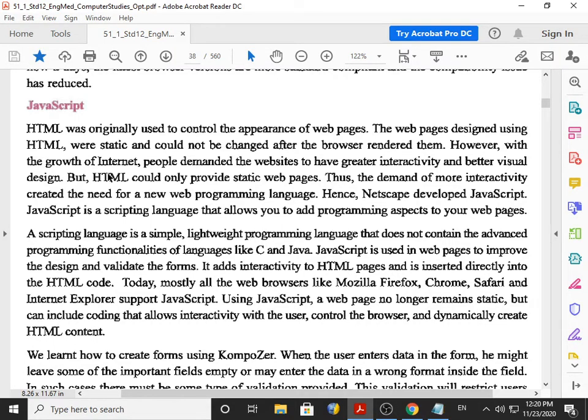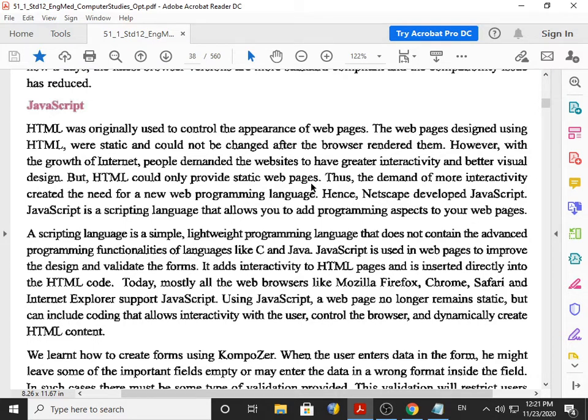However, with the growth of the internet, people determined that websites required greater interactivity, to be more communicative, and have better visual design. But HTML could only provide static web pages, and in a static web page, after the page opens, you can't do anything. Thus, the demand for more interactivity created the need for a new web programming language.